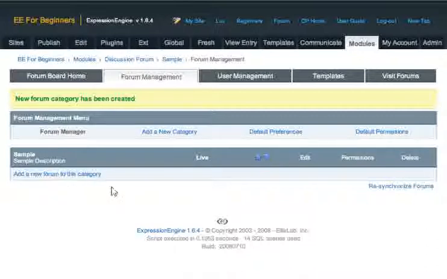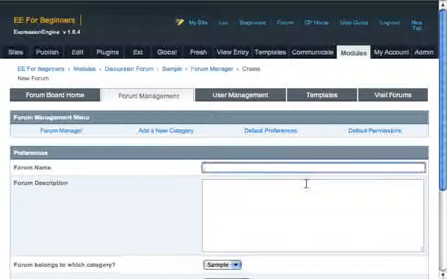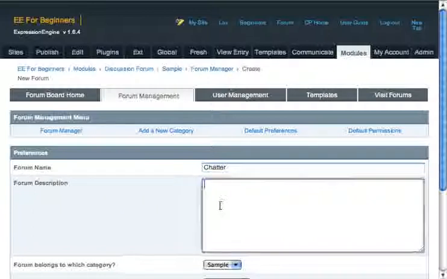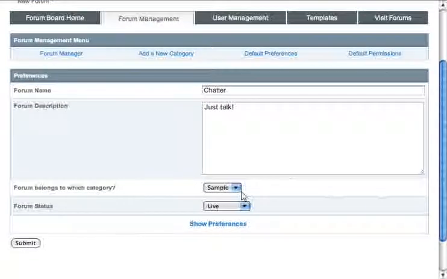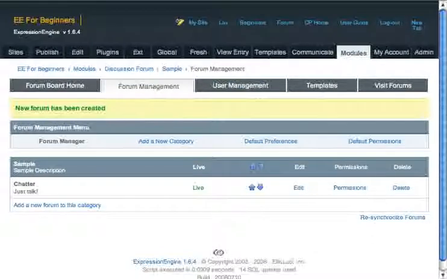I need to add a forum to this category. In this particular forum category, I'm going to call it Chatter. It says, where does it go? I can change it if I want to, but right now I only have one thing in here, and that's that. I click on Submit, and when I'm prompted to visit the forum,